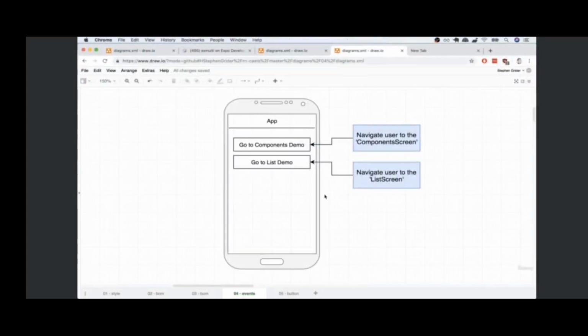But at the same time, on the home screen, I want to add in 2 different buttons. One button a user should be able to tap to go to the component screen, and a user should be able to tap this other button to go to the list screen. So pulling this off is really going to be 2 different steps. The first thing we're going to have to do is figure out how to place 2 buttons on our home